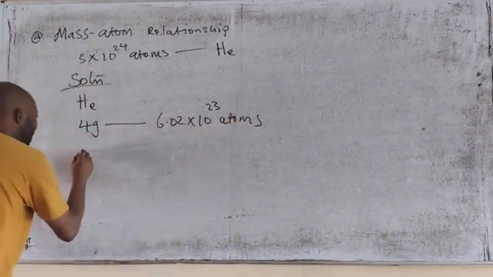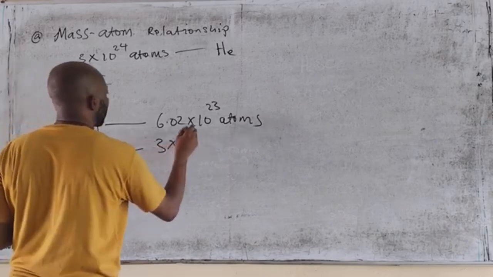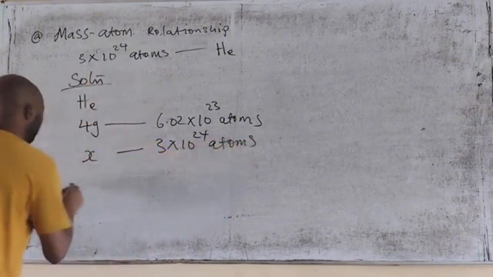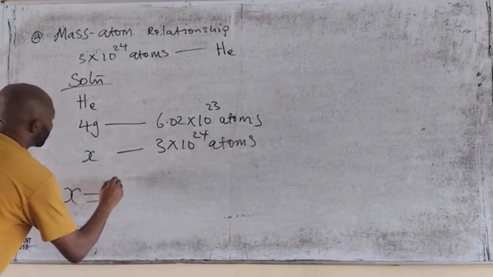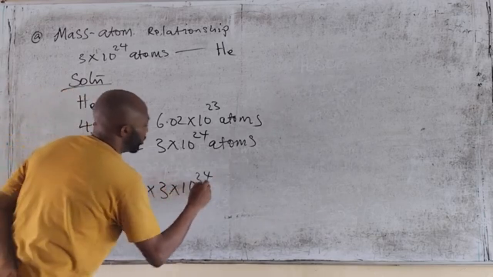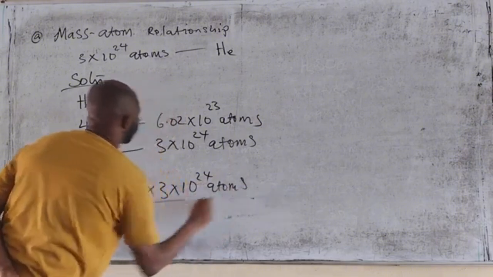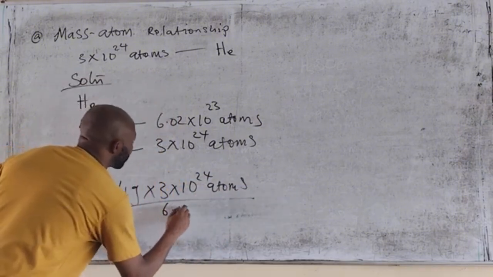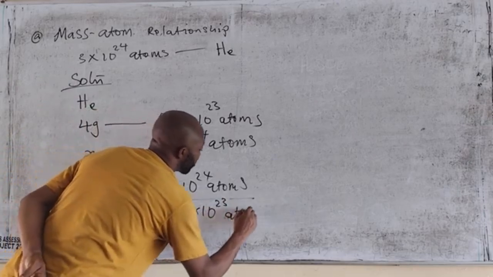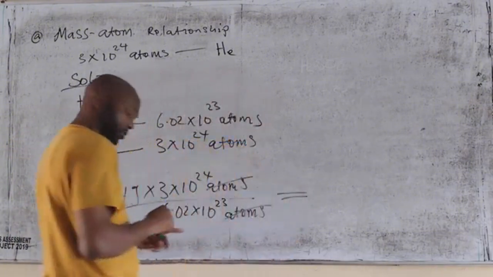Now, how many grams will give us 3 times 10 raised to the power 24 atoms? So my X is equivalent to 4 grams times 3 times 10 raised to the power 24 atoms, divided by 6.02 times 10 raised to the power 23 atoms. Atoms will go, and this is equals to